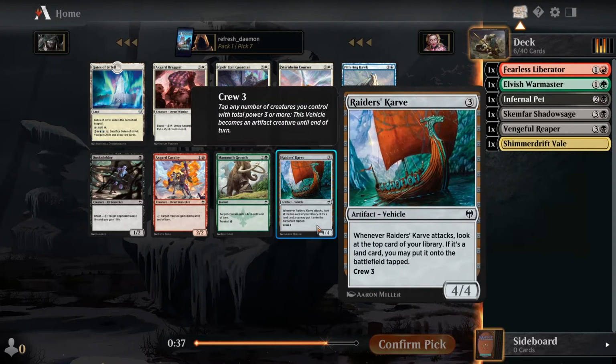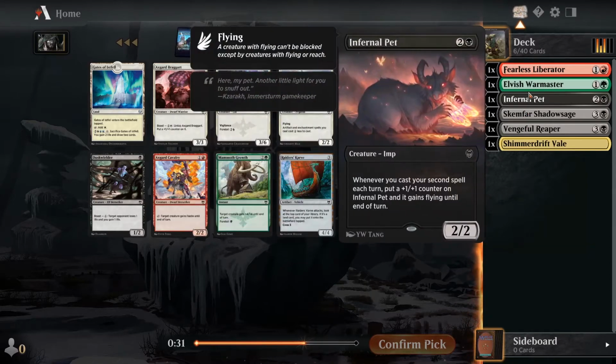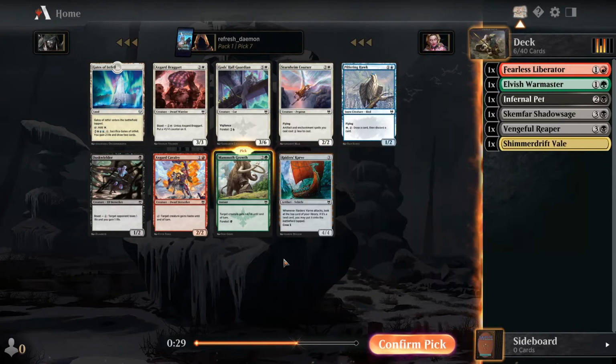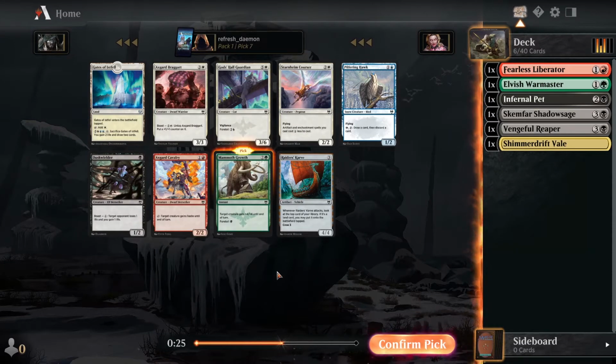Alright, I don't think we want this Duskwielder, even though we're playing elves. I mean, do I really want this? It takes 3 to crew it. We're not really doing the 3 deck. I think Mammoth Growth might fit better. Gates of Istvel is strong, but...